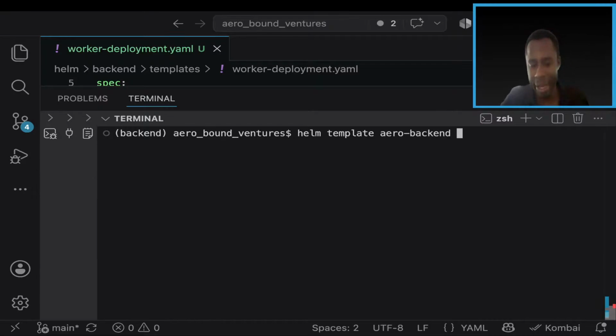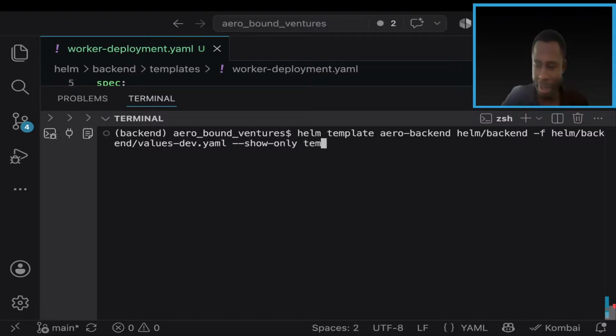The Helm chart is located in the helm/backend directory. Then -f, we specify the configuration we want to use, helm/backend/values-dev.yaml. Then we want to show only the templates,